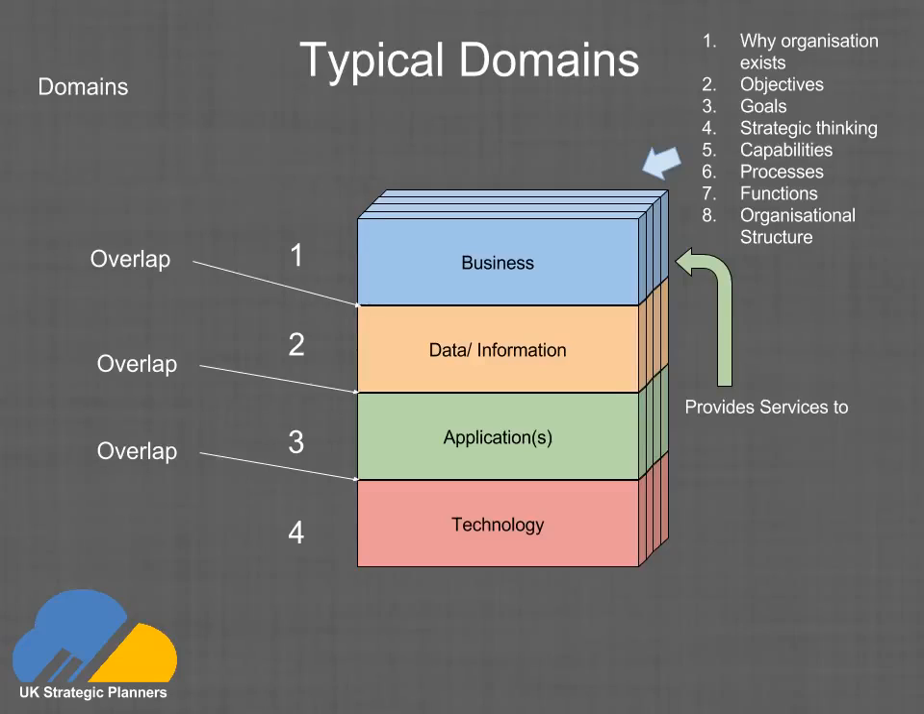And the final domain of the 4 typical ones is the infrastructure or technical domain. This is the platform domain in many ways. It's the nuts and bolts, it's the wires, but it's also the system software, etc., upon which the applications and the data architecture is dependent. So if you look at these 4 domains as a whole,